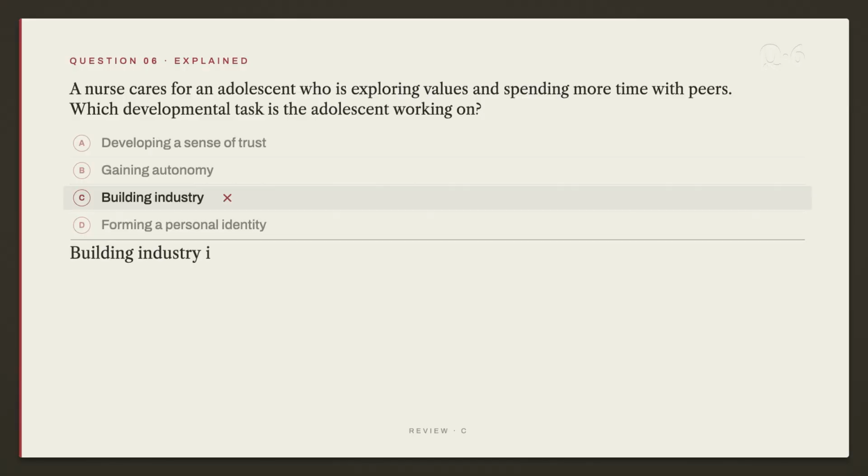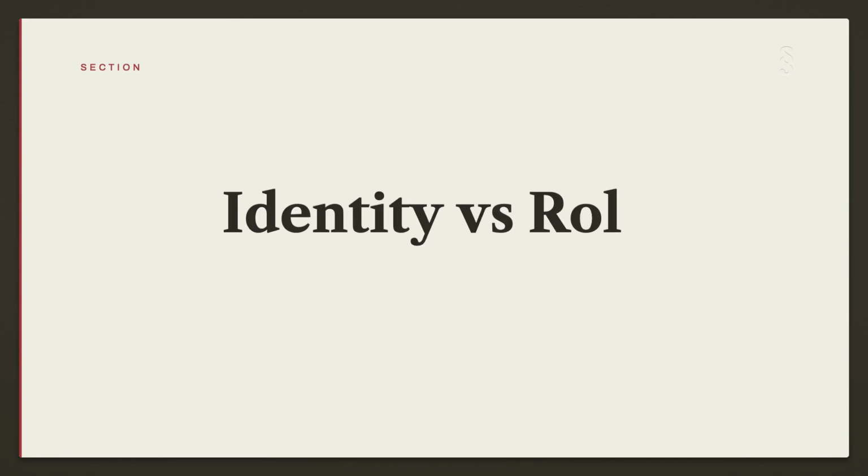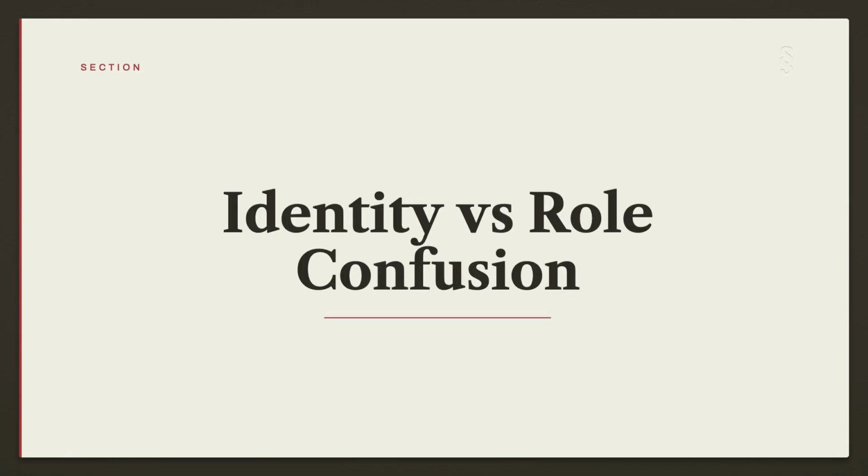C is wrong because building industry is the school-age child's focus on competence through accomplishment. The adolescent's main work is identity formation, which goes beyond simply developing a sense of industry. Erikson's adolescent stage, spanning roughly ages 12 to 18, centers on building a coherent sense of self out of values, beliefs, and social roles. Adolescents try on positions the way they try on clothing, and that experimentation is the developmental